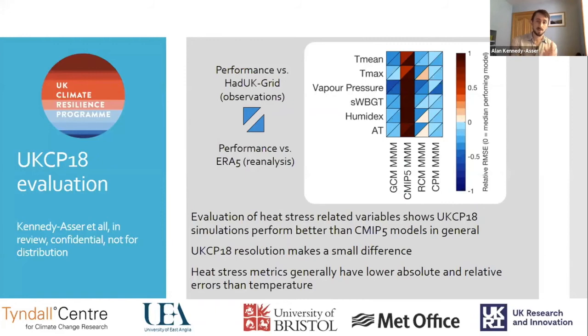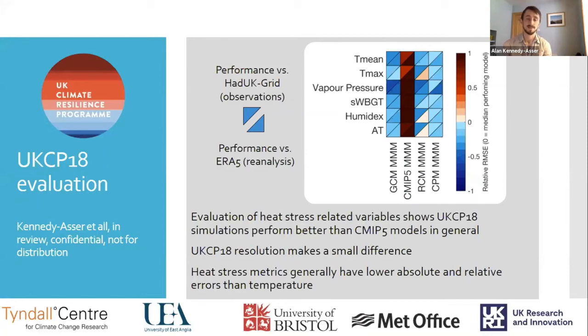So the GCMs, the CMIP5 models, the RCMs and the convective permitting models, and we've taken the ensemble mean for each of those. If you see a blue color in this, it shows that on average, those simulations are performing better than the average model. And if you see red, they're performing worse than the average model. And the reason there's two triangles for each variable and model combination is because we've compared against both